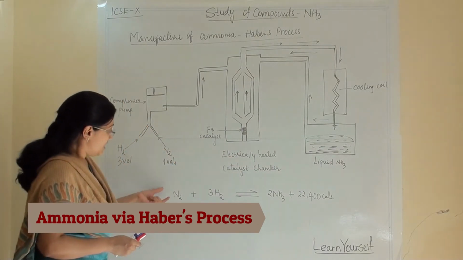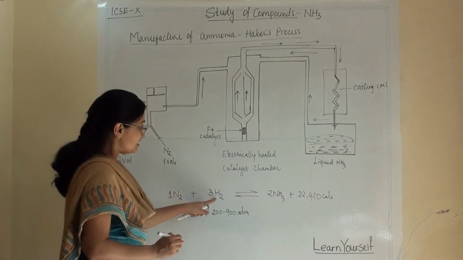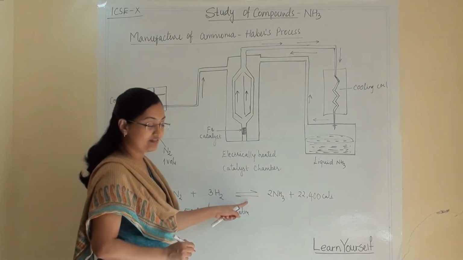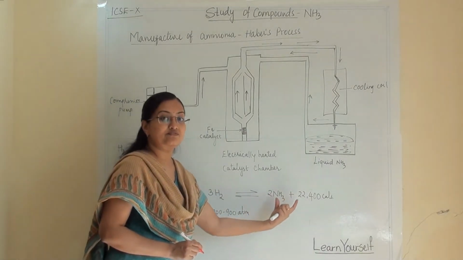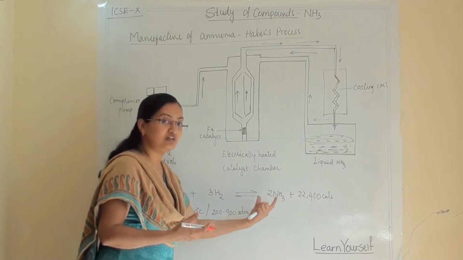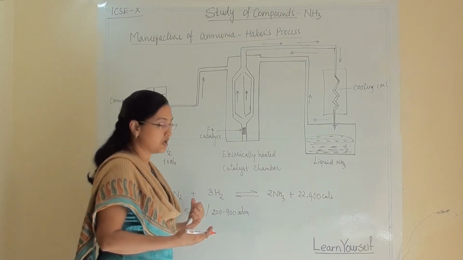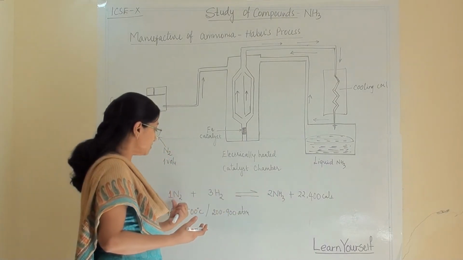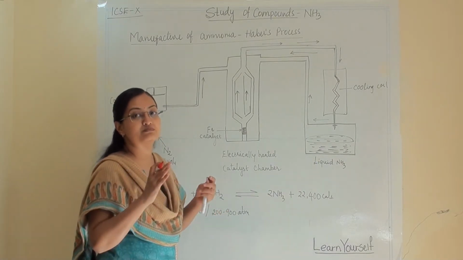In this we are taking 1 volume of nitrogen. It is reacting with 3 volumes of hydrogen. This is a reversible reaction. That means nitrogen and hydrogen are reacting and we are getting ammonia. Along with the ammonia, we will also get some of the hydrogen and some of the nitrogen as product, because this is a reversible reaction. Once the ammonia is formed, from ammonia we will also get 1 volume of nitrogen and 3 volumes of hydrogen. This is the meaning of a reversible reaction.